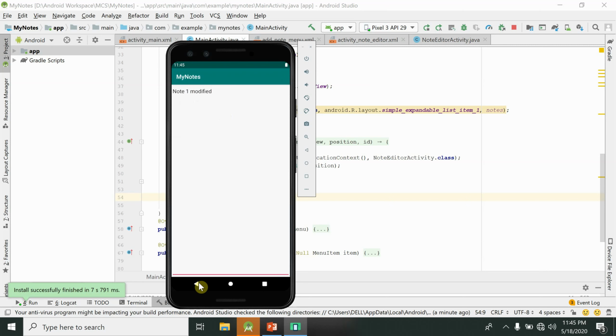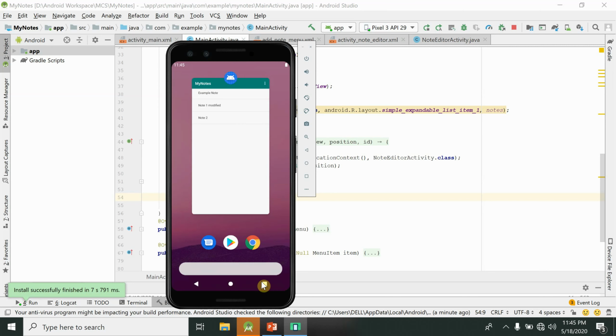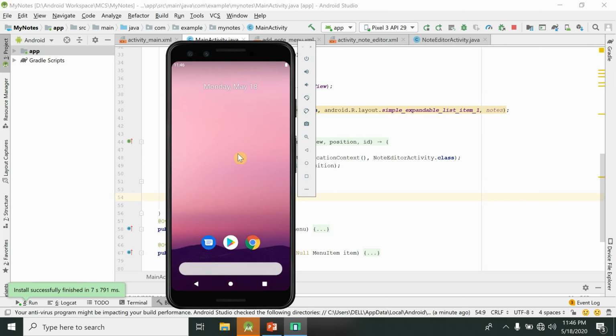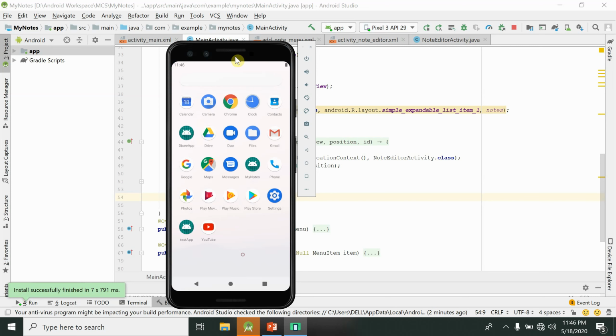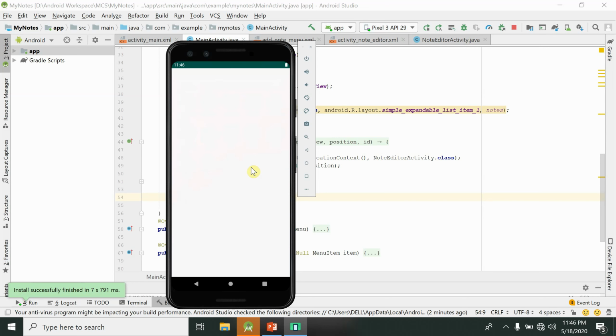But I cannot delete it. The second drawback of this application so far is that we cannot permanently store that data. So whenever the emulator is off, or my application is turned off, let me give you an example. This is our application. When I terminate it and run it again, you will see that the nodes which I added are gone. So they are not permanently saved.